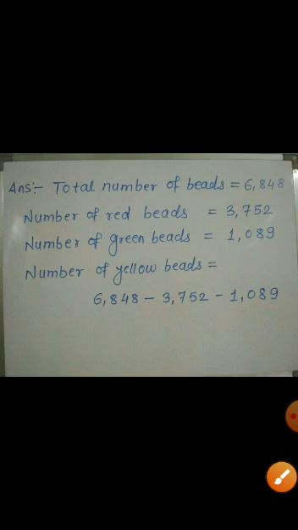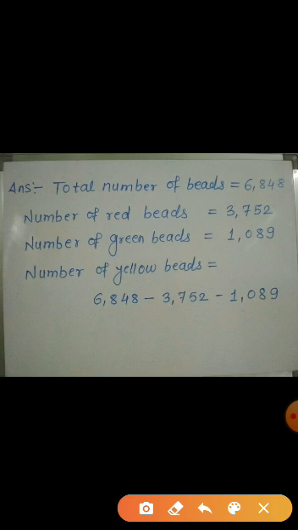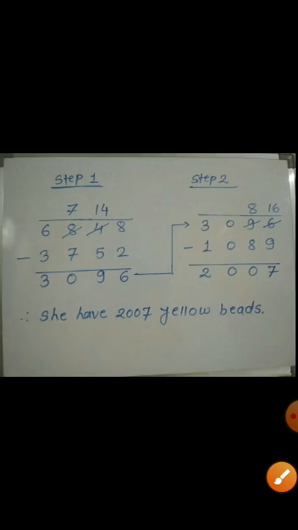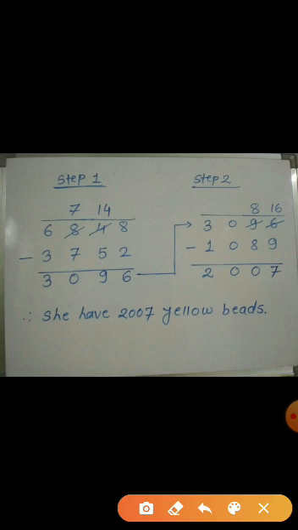So how can we do this subtraction? It's very simple, as we have seen earlier. In the first step, we subtract the first two numbers, and then we subtract the third number from the answer of the first step. Now see here. In the first step, I have subtracted the first two numbers. Subtraction is very simple. We start from the right, that is from ones.